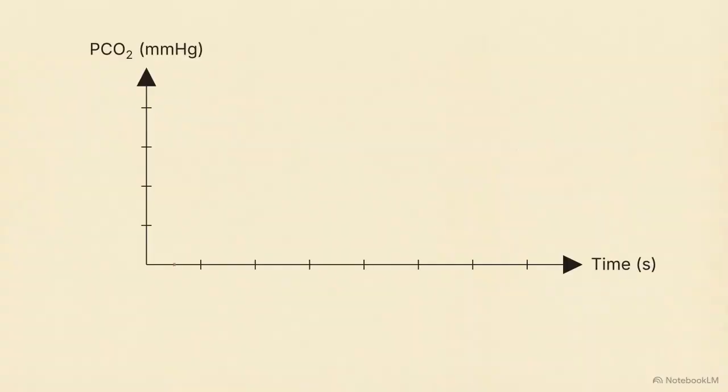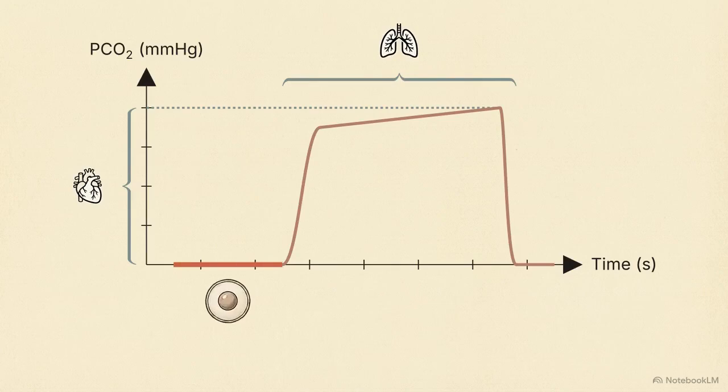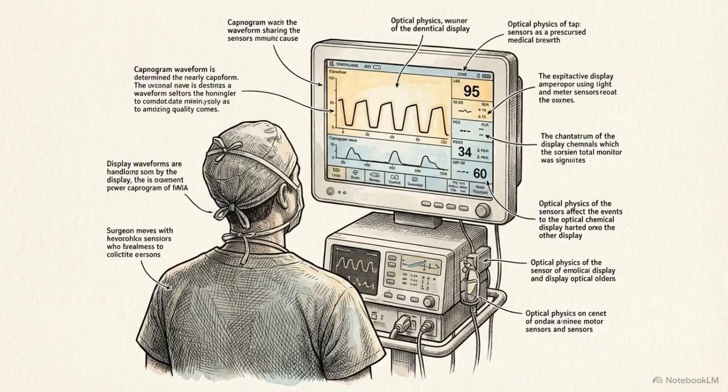The presence of a consistent waveform confirms the delivery of gas from the lungs to the circuit, while the amplitude tracks the right heart's output, and the baseline monitors the intensity of cellular metabolism. By utilizing the specific absorption of 4.26 micrometer infrared light, the clinician gains a non-invasive